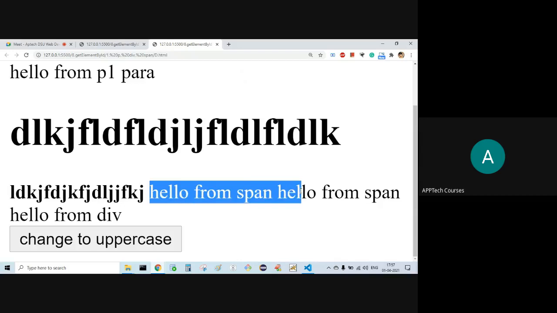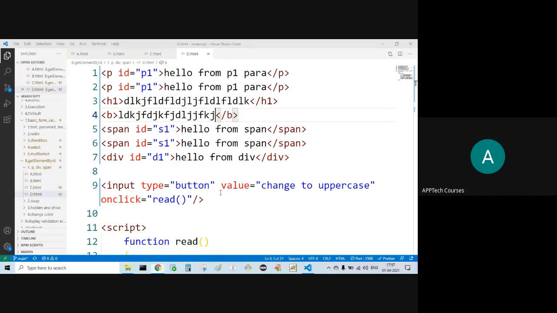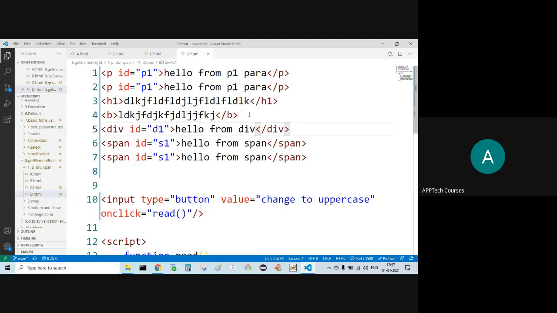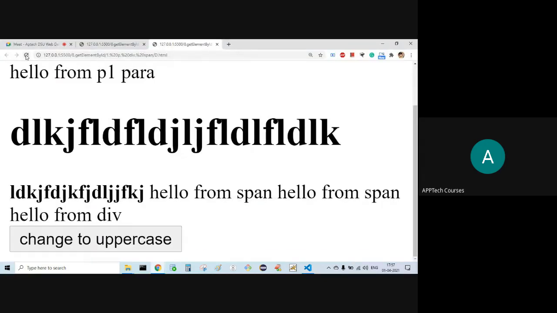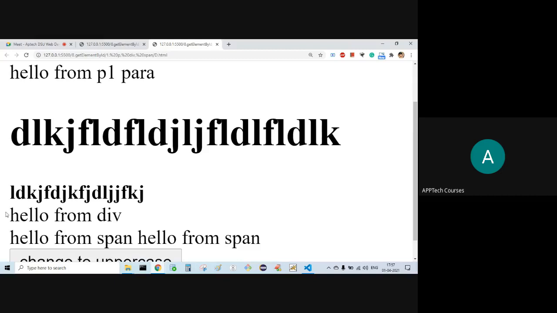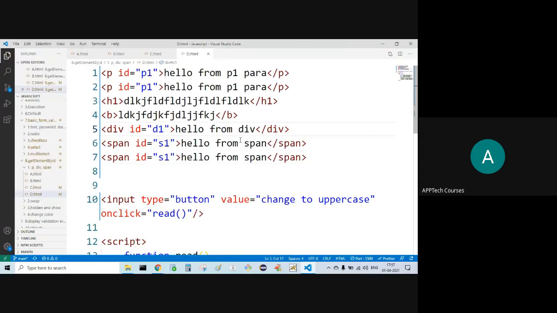Now in the same line it is continuing. Why? Because it is span. If it is div now, entirely a new line. New line. After para, I'll be getting one space. Okay. After para, I'll be getting one space.